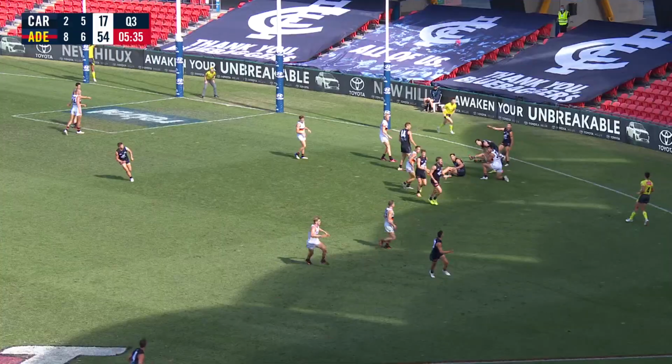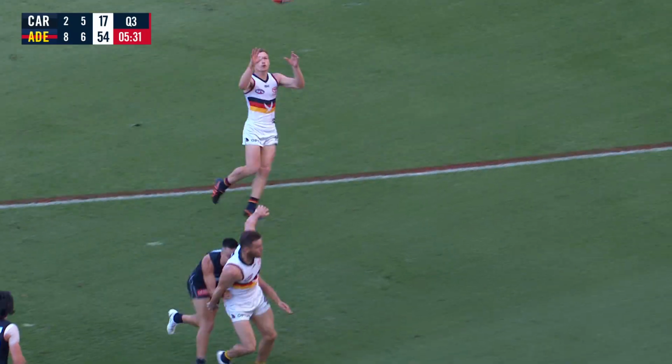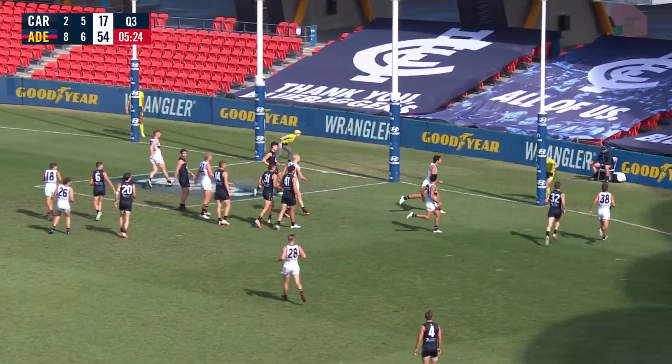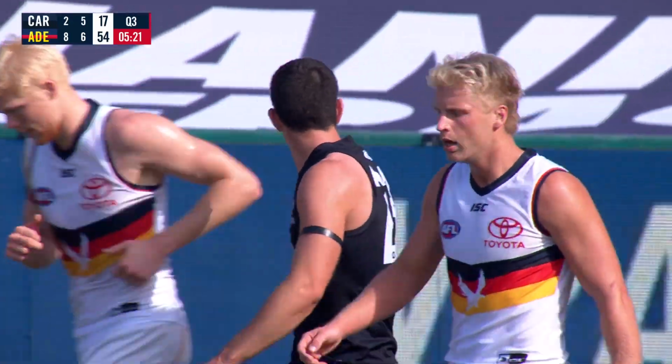Simpson crumbs it. Goes back to the congested side. Brad Crouch attacks it. Flicks the handball over the top to Laird. Opens it up, top of the square. Great spot to hit. And the ball thumped through for a behind. It's been awesome again, Rory Laird. What a year he's had playing through the midfield